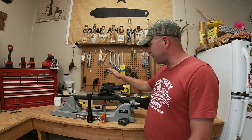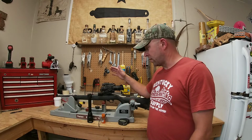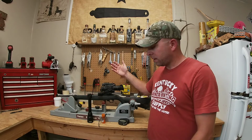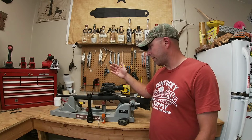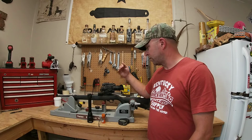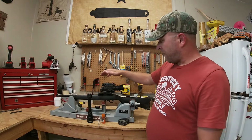But on a good night with this FLIR, you can easily pick up raccoon at 400 yards. You can't identify them, but if they're in a tree, you know what they are. You get down close to them, then you get to identify them. But this thing, for pretty much an entry-level thermal, zero complaints on this thermal. But if you're gonna